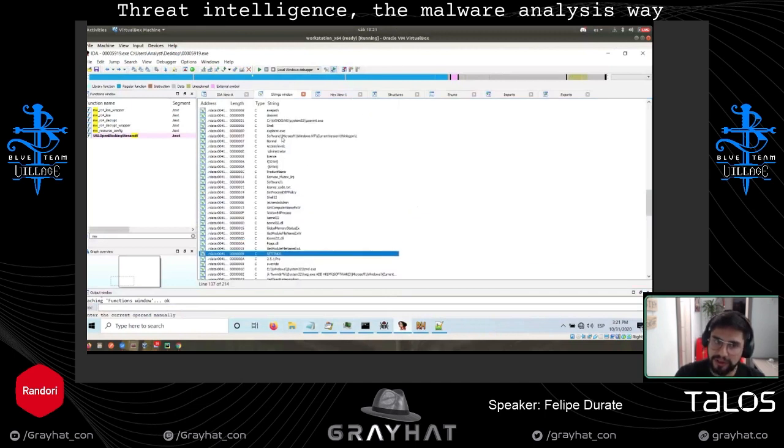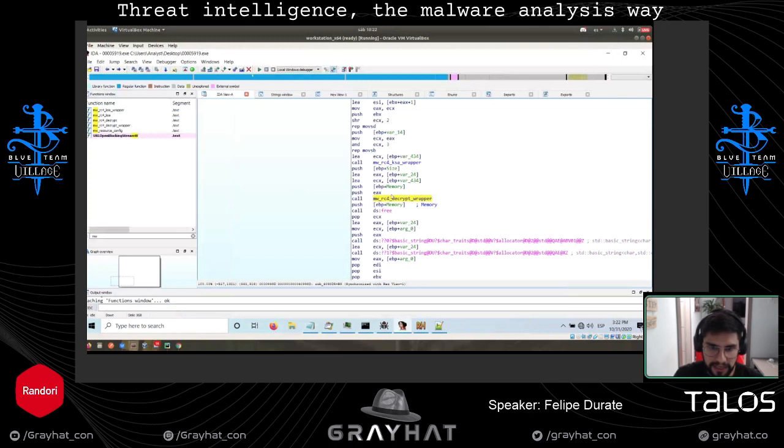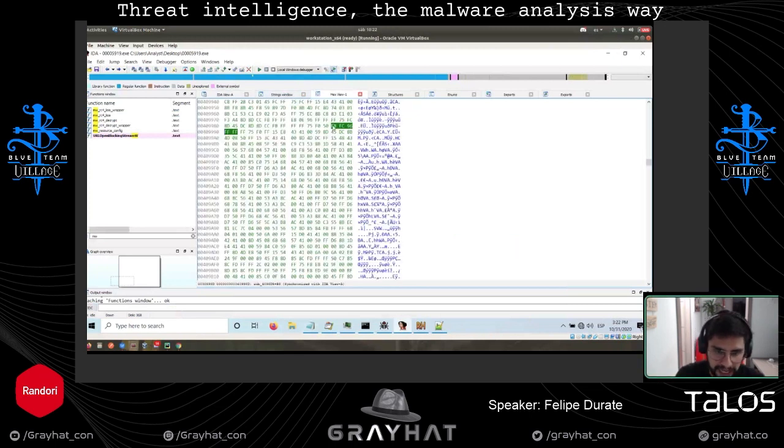You can add those strings there, or you can use hexadecimal code. For example, if you go here to the X view, you can look for these kinds of patterns.